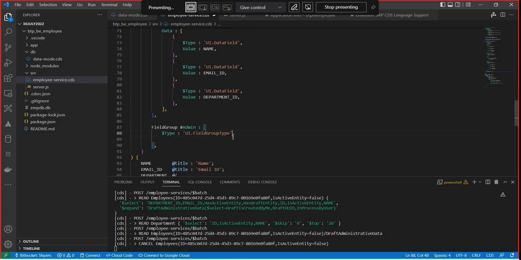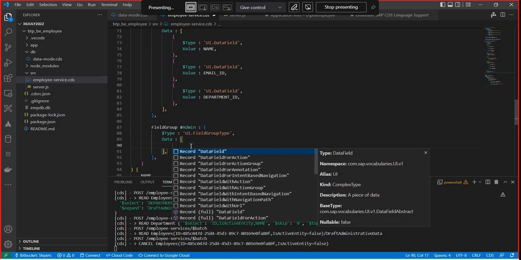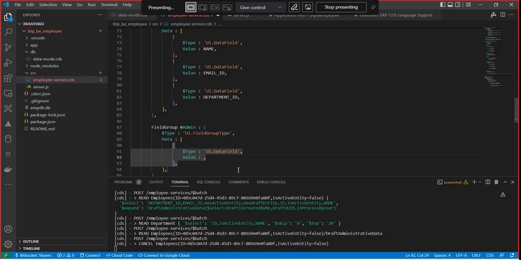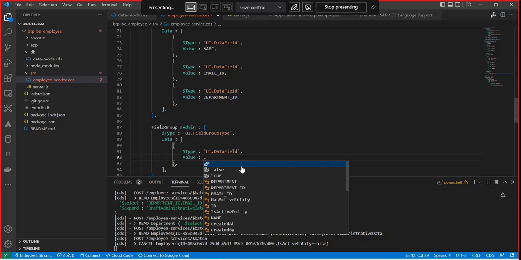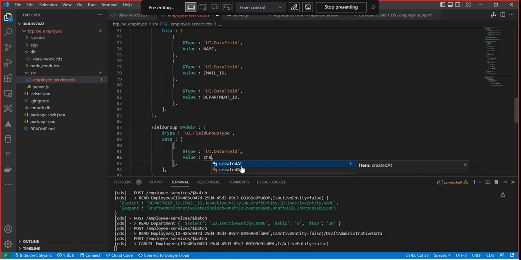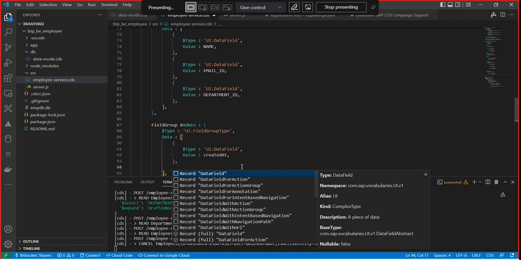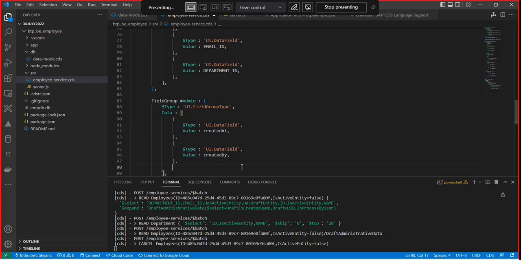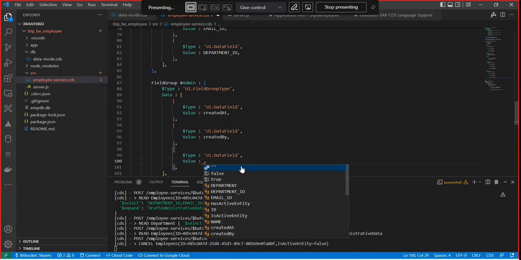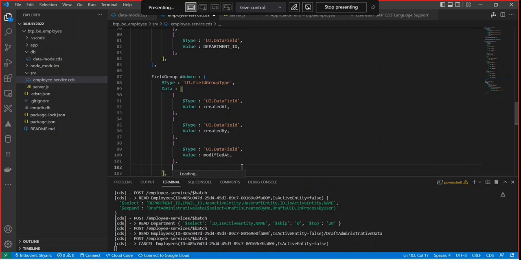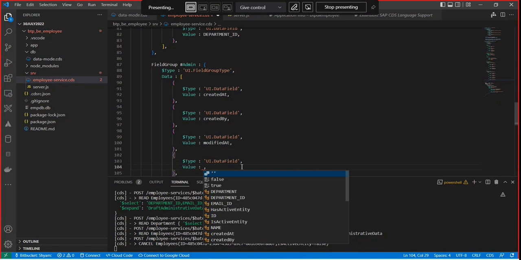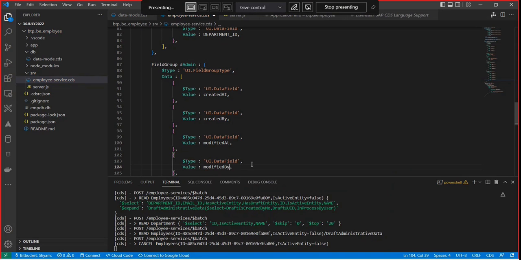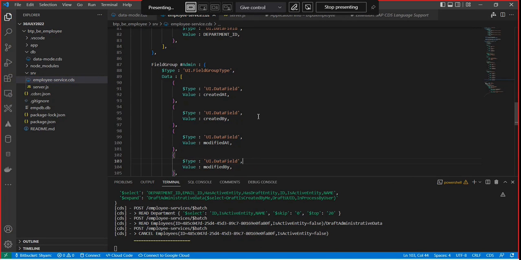And here I would be specifying a property called data, which would have a data field and which would say I want to map it to created at, data field for created by, data field for modified at, and data field for modified by. If I just save this information,